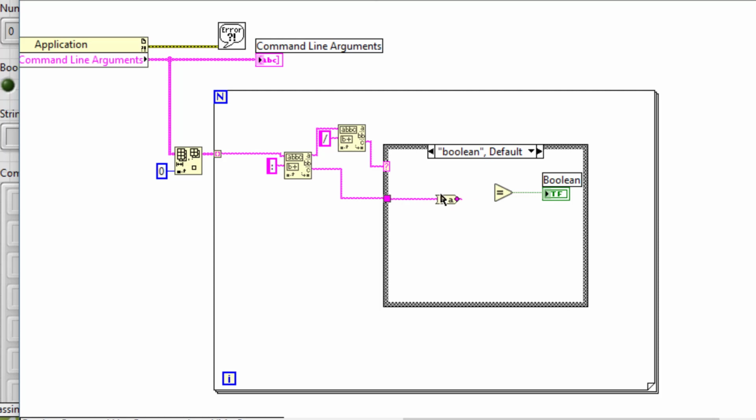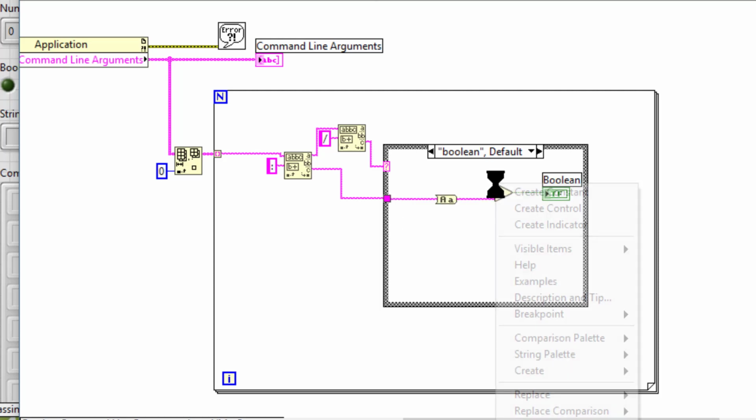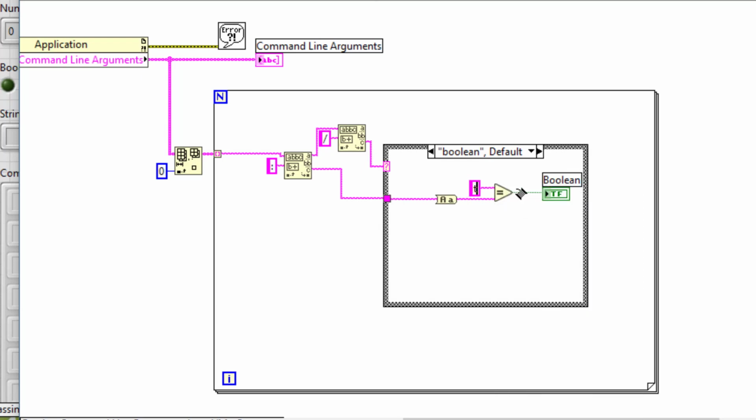Let's first connect this string so that this equal function knows which type of constant to produce. And if the string is true, whether it's uppercase or lowercase, we convert it to lowercase and then check, and if it is true then we will turn on this boolean. So we are now done with coding this VI,